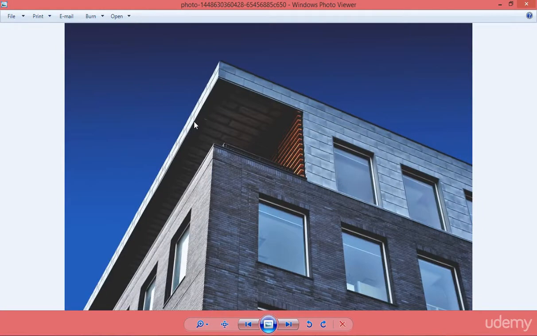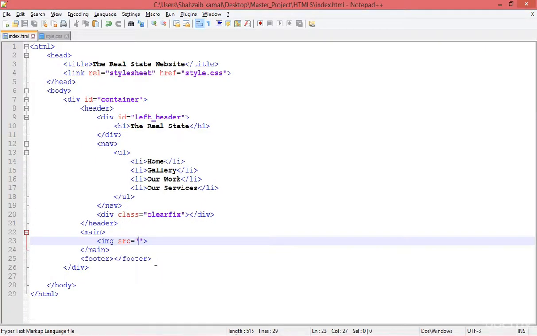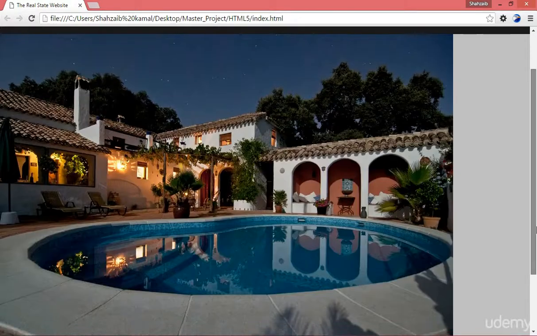Okay, just close that and ready to apply the image 2. Go there and the image 2. Oh, I just cannot apply the image directly. I just need to mention the path, by the way, the image2.jpg. Save and refresh. Now you can see that the image has been applied, but the size is too small